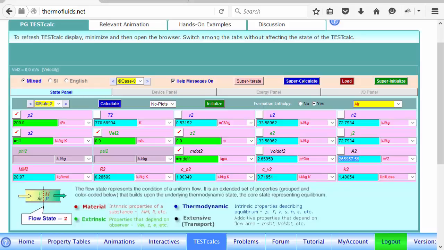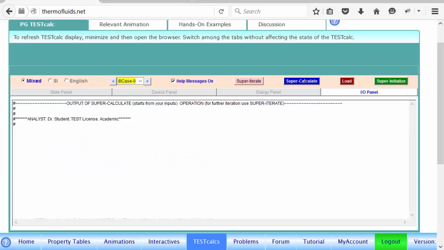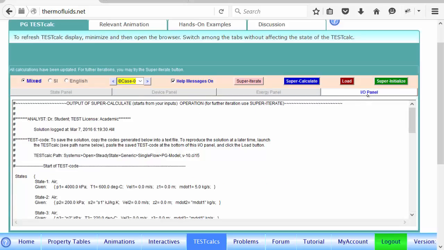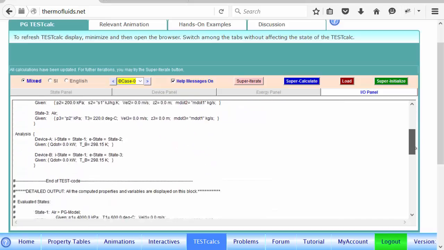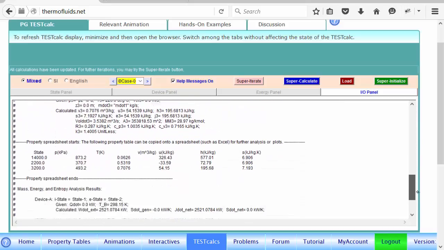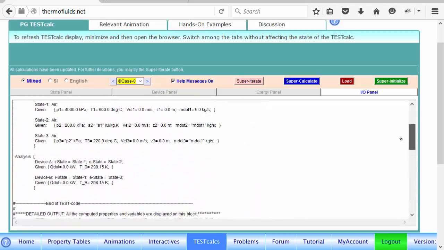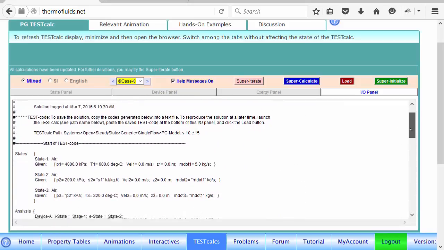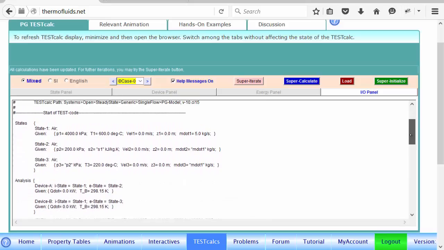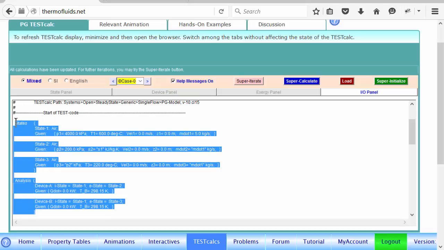Going back, if you click super calculate on a solution, you'll notice that it switches you to the I/O panel, and in the I/O panel, detailed calculation results are displayed. If you print it out, it's almost like all the results you need to know about this turbine problem. But embedded in this, you'll find a test code, a bunch of macros or statements telling what is known about the problem. So you simply copy this test code,